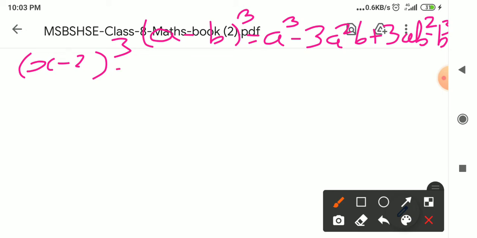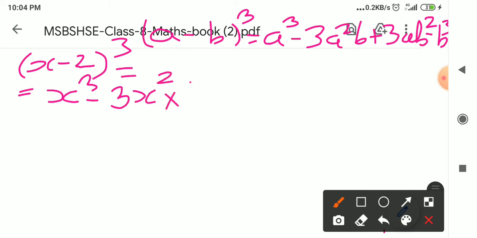In this example, the a's place is taken by x, and minus b is equal to 2. So according to the formula, first we will factorize this. a cube means first term cube. Here the first term is x, so I will write it downside because I need the whole line. So it is equal to x cube minus 3a square b. So 3, from the formula, a square means x square and b means into 2.